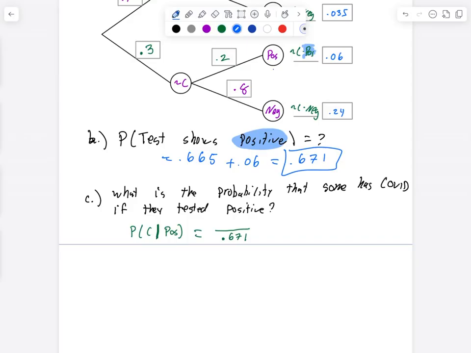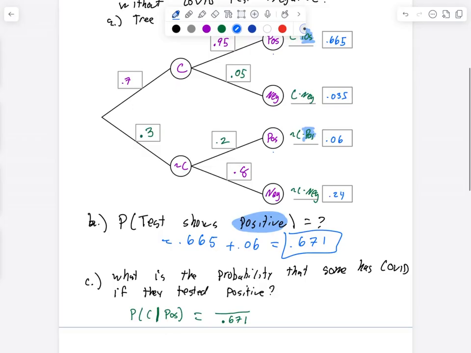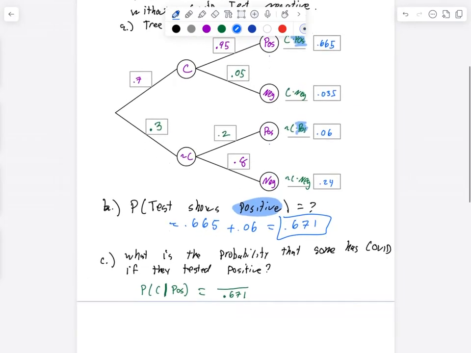Because they're false positive and they don't have COVID, but they tested positive. So the 0.665 came from the COVID one, right? So this said COVID and positive. So this one right here is going to be my numerator because it has both the COVID and positive inside of it. So 0.665